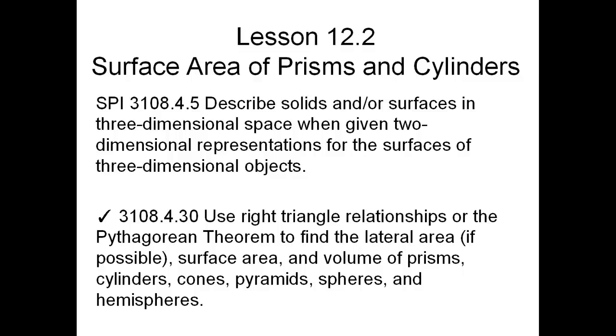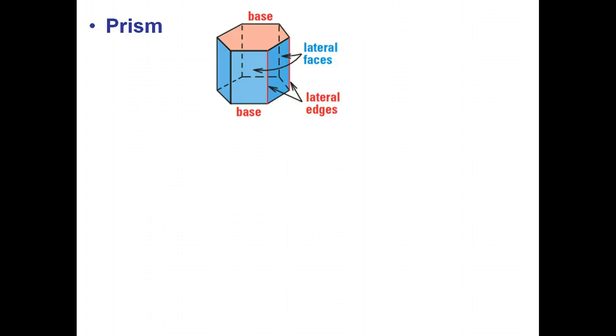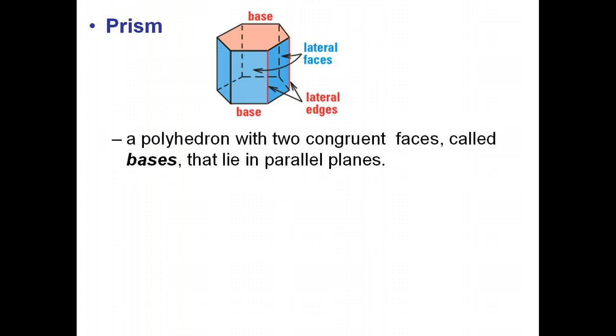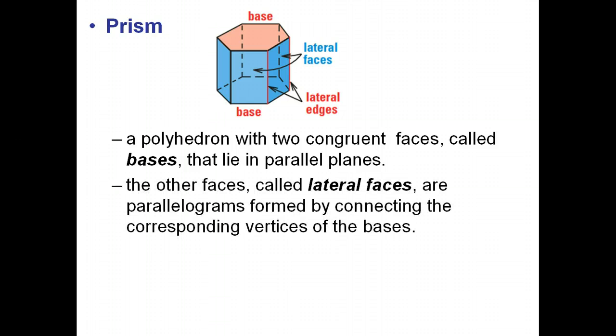In this lesson, we're going to look at surface areas of prisms and cylinders. Remember what a prism is. It's a polyhedron with two congruent faces called bases that lie in parallel planes. The other faces are called lateral faces, and there always will be parallelograms formed by connecting corresponding vertices of the